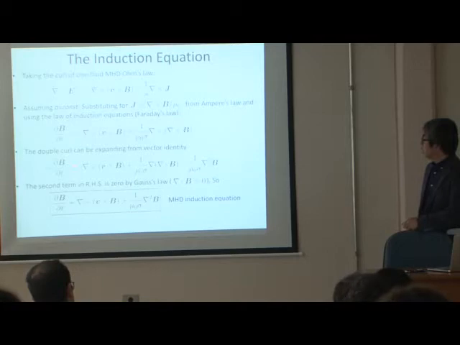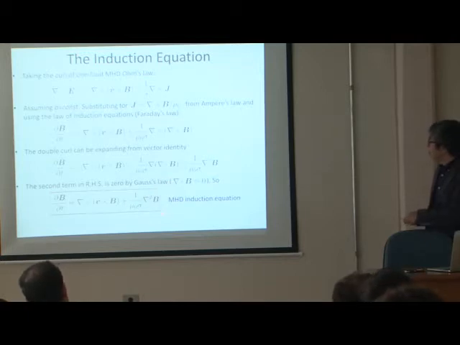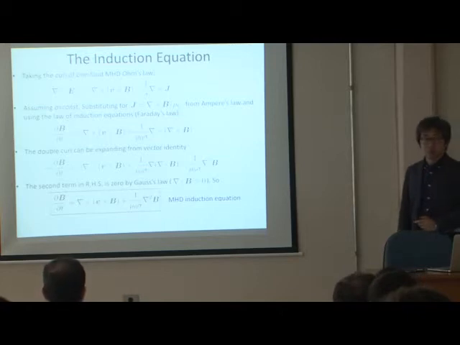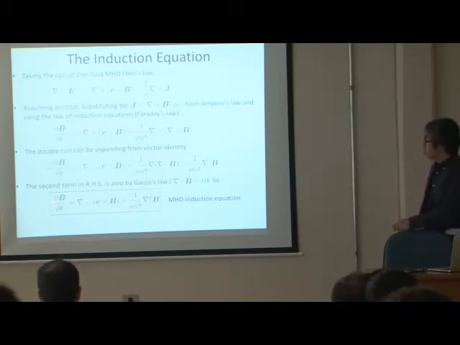This second term, nabla dot B, is included here, but this also becomes 0 because of Gauss's law. So nabla dot B equals 0, and we can just drop this one. Then what is left over is here. This is what we call the MHD induction equation, used for the time evolution of the